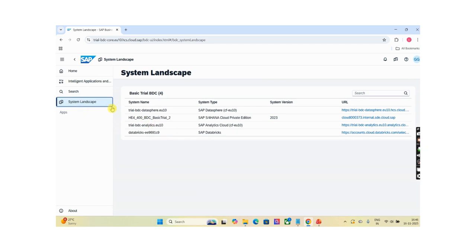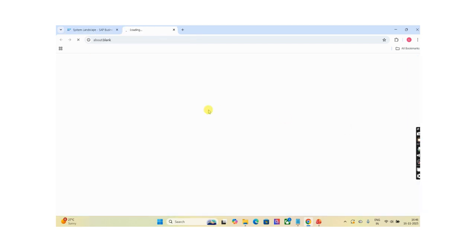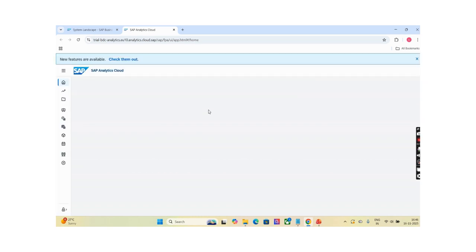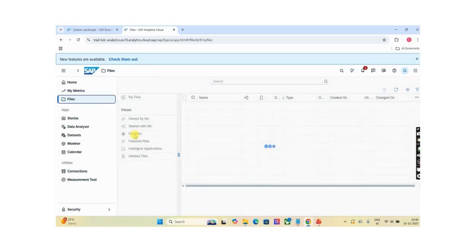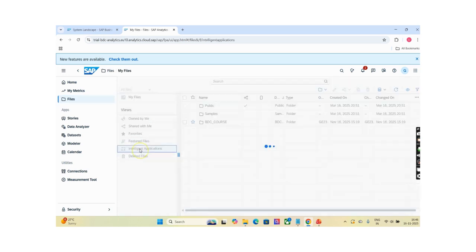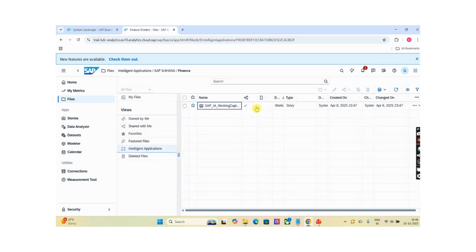Okay, so go into the system landscape. From here you can log in to the SAC. Once you are in SAC, go to My Files, go to intelligent application. Here you will find the default intelligent application which is installed.